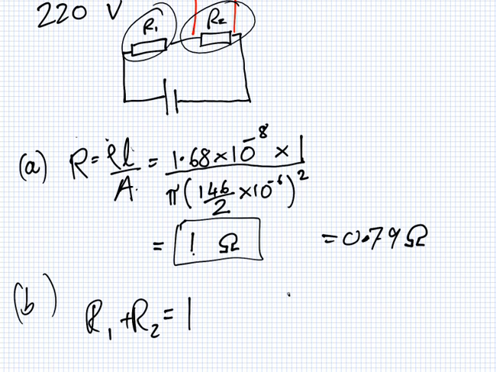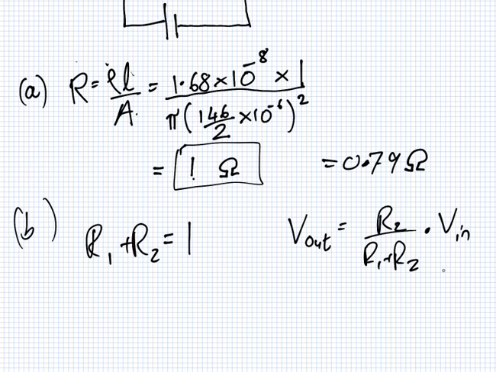Times 10 minus 8. And what's the length of the copper? How do you find the constants? I was given it. It was given in the question. No, as in, how did you make it real? Ah, okay. Well, if you look at this here, you just need to be able to measure the length,